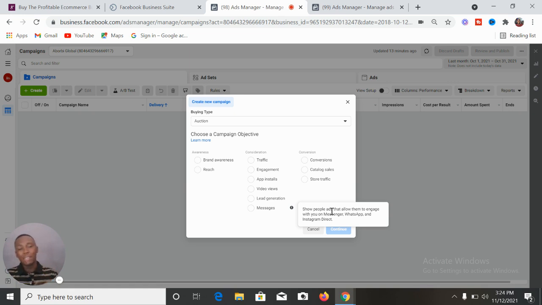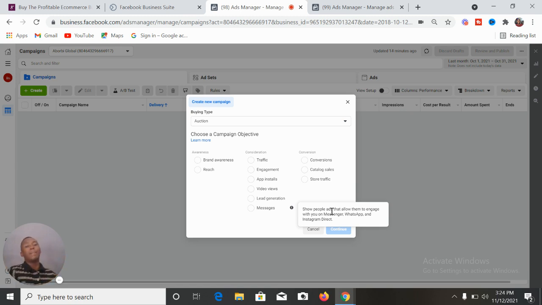So you need to create this advert and maintain it for a period of at least 30 days. After that, you will be able to unlock the feature of sending people to your WhatsApp. This is for people who have not used WhatsApp before, or people who encounter this error: "Ads or messages cannot be directed to WhatsApp at the moment until after you have followed Facebook policy procedure," news like that, right? So you need to use a different kind of advert that directs people, first of all,